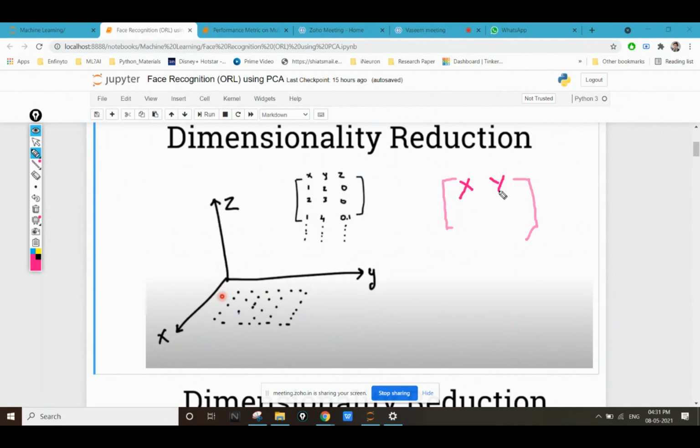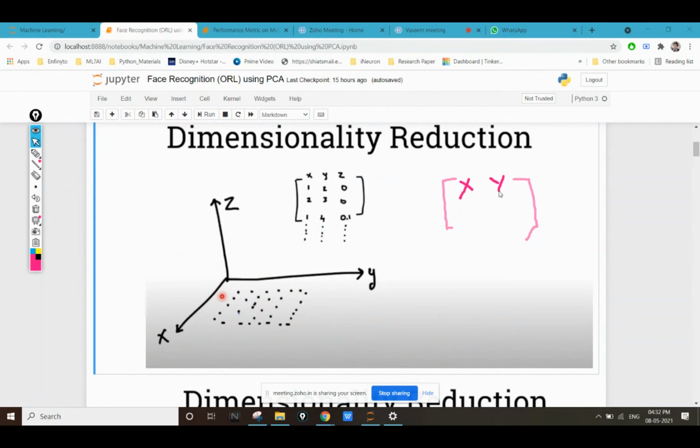With the help of dimension reduction, we are going to decrease the time taken by our model to predict the output, and we are going to increase the efficiency of our model also, because it will take less computational power, so it will be able to give more outputs in the same amount of time, which will decrease the cost of our model also. Okay, cost and time are the most important factors for selection of our model.